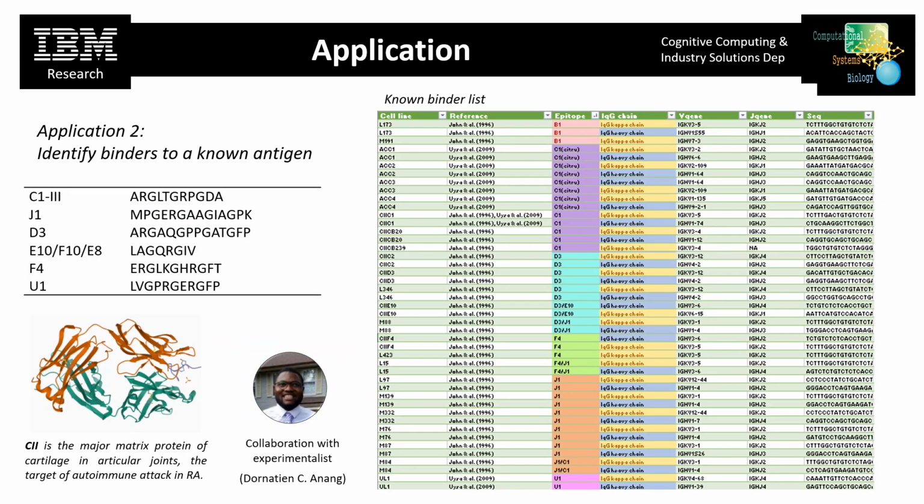This can be useful. Another thing we can do is for diseases that have stereotyped epitopes, where the binders are already known. Let's say you have a list of known binders to some specific epitope. You can use this method to see if some of the B cells in your dataset will bind the same epitope as the binders in this list. For example, we can do this with rheumatoid arthritis, where we have a lot of known binders to some epitope already. This is in collaboration with Amsterdam